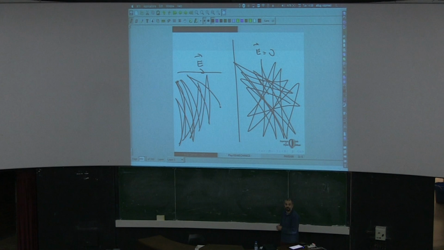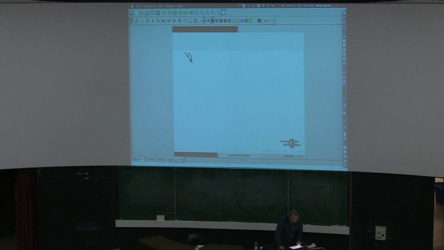Now we have what's called the drift velocity. Its velocity between collisions is huge, comparable to the speed of light. If we exert an electric field, it will create a tendency for the electron to move in the opposite direction of the electric field. So it will acquire some velocity in the opposite direction. Now, the drift speed, so to speak, turns out to be proportional to the magnitude of the electric field.